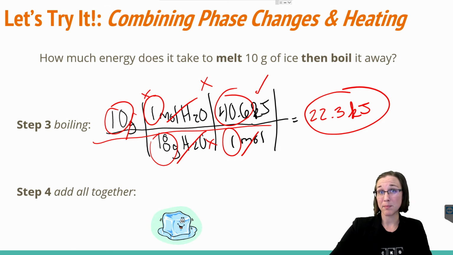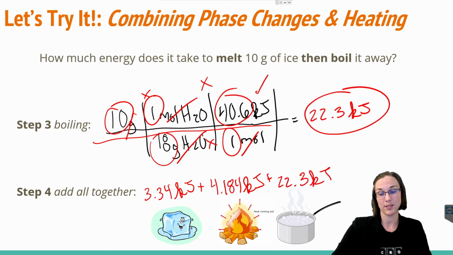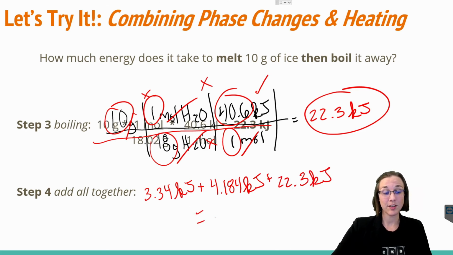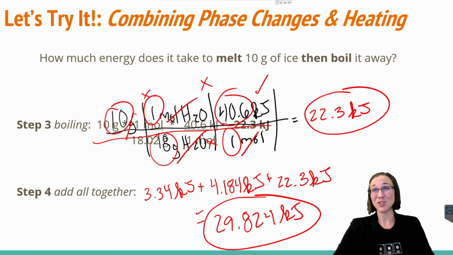From the melting part, we had 3.34 kilojoules. From the heating part, we had 4.184 kilojoules. And now from the boiling away part, we had 22.3 kilojoules. So our final answer is 29.824 kilojoules. In other words, it would take 29.824 kilojoules to melt, heat, and completely boil away 10 grams of